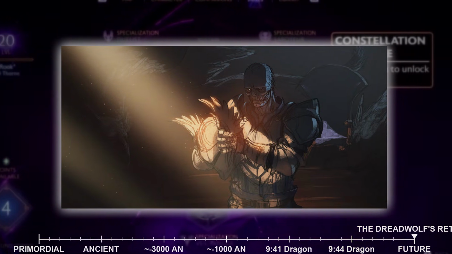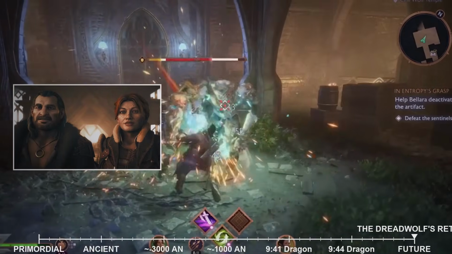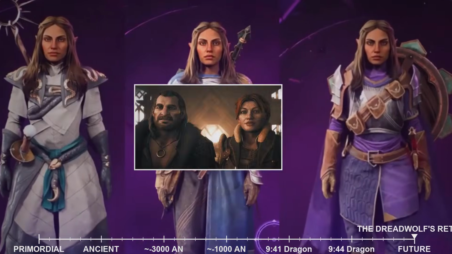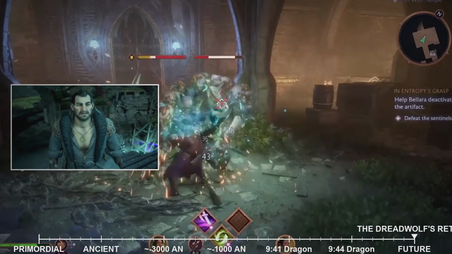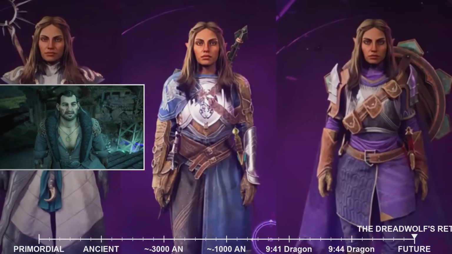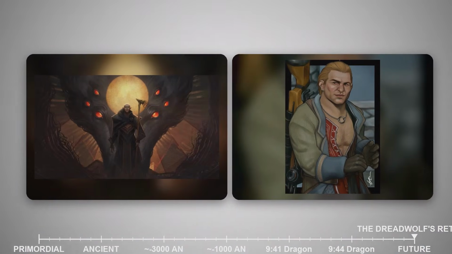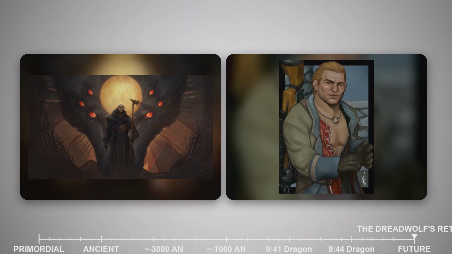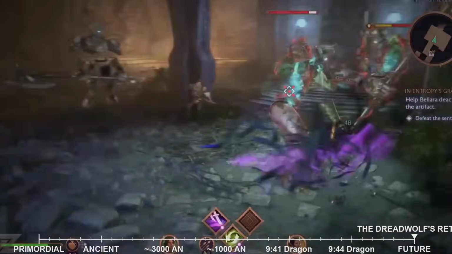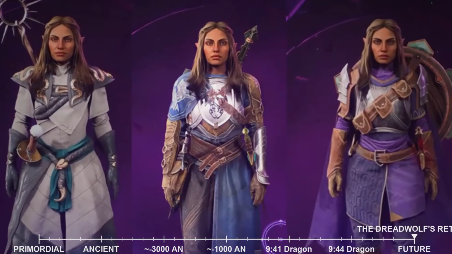This message serves as the catalyst for the protagonist's involvement in the larger conflict, drawing them into the unfolding drama surrounding Solas. Varric's return is a welcome confirmation for fans, and he is expected to play a significant role, likely as a companion or a key non-player character, providing his signature wit, cynicism, and surprisingly insightful commentary throughout the adventure. His presence not only offers a familiar face in a new setting, but also provides a crucial link to the events of Inquisition and the lingering threat of the Dreadwolf. Adding to the roster of returning characters is Harding, the dwarven scout who served the Inquisition with unwavering loyalty and a perpetually cheerful demeanor.